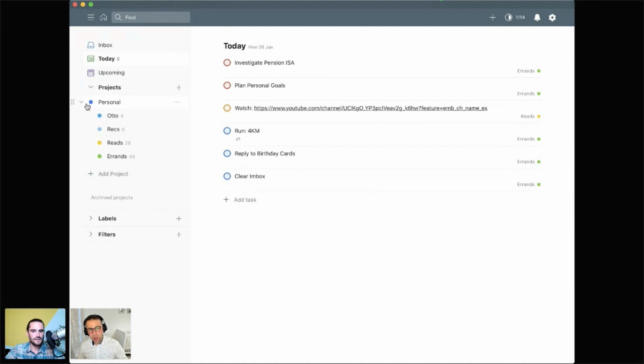I used to have in my old account just a project for personal and just a project for work. And I use the sections to break down the majority of those in the later stages of using it. And it worked wonderfully. You get a little bit less clutter down the side, but it depends on how you work,